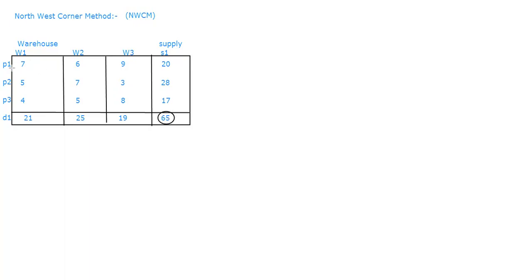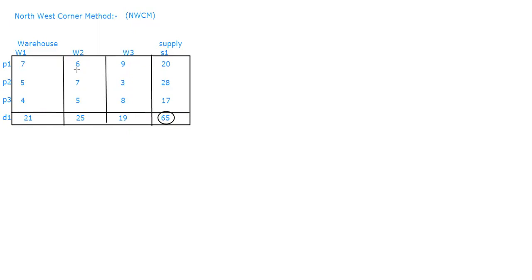So what is this one here? It is about the cost of each warehouse. First, if I'm talking about product one in the warehouse, if I'm going to store the product, then it is going to cost me 7 rupees. The same product one, if I choose warehouse two, then it is going to cost me 6 rupees. The other conditions we are just ignoring. For us, it is not important. What is important is the price and how I'm going to choose it.